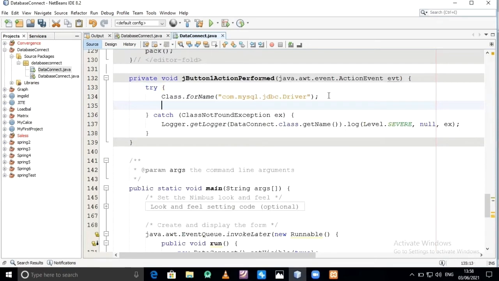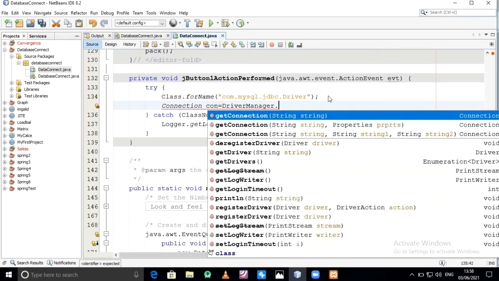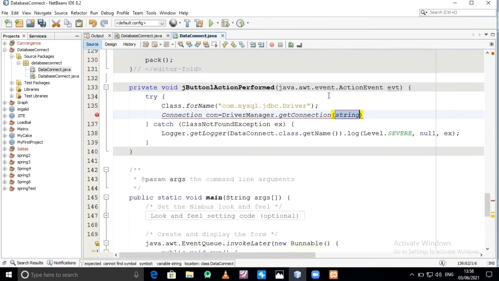Next is the connection. Suppose con equal to DriverManager.getConnection, and we have to provide the actual database path with its ID and password.